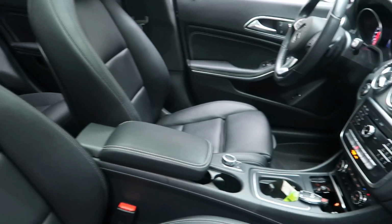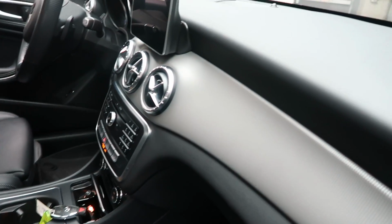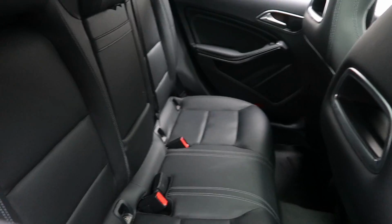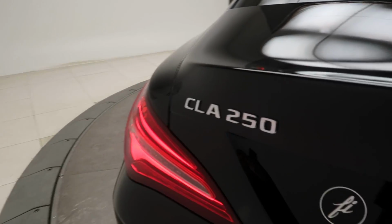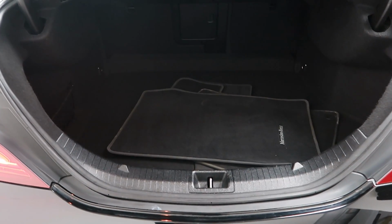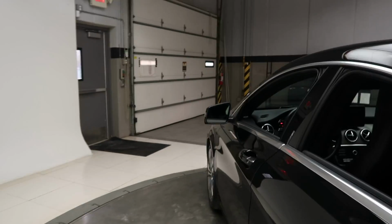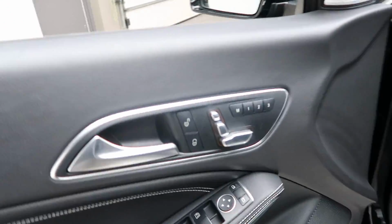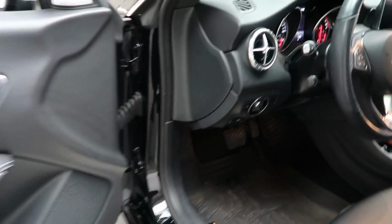Black MB-Tex interior with a salt pattern trim, panorama sunroof. CLA 250 4MATIC badging. Clean set of floor mats, fold down rear seats. Premium One package with blind spot assist, Harman Kardon sound system, memory seats, power windows,